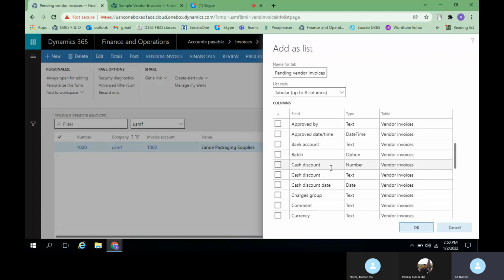Date of the invoice. I think eight columns. Yeah, one, two, three, four, five.